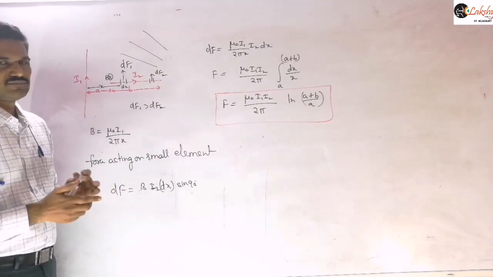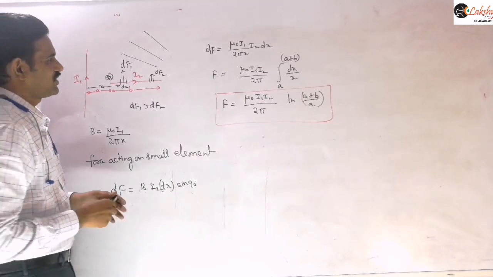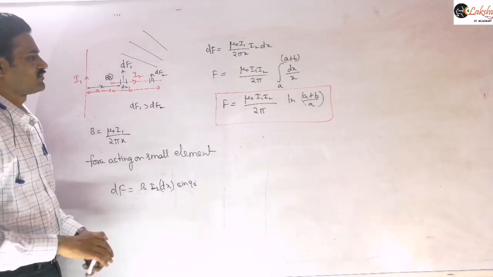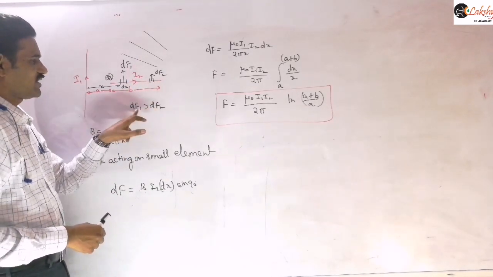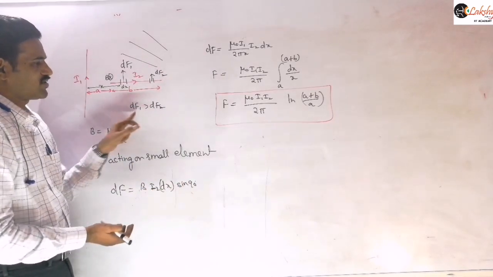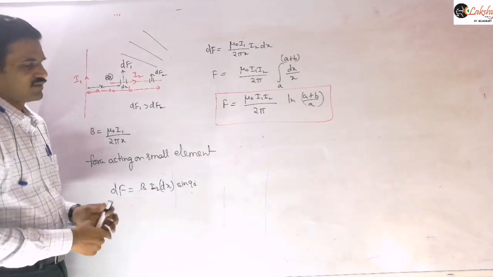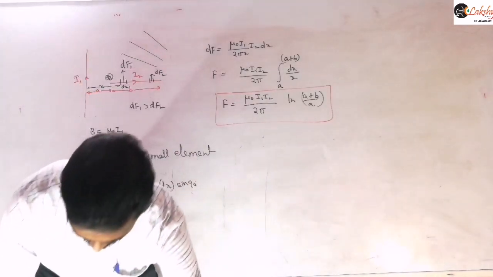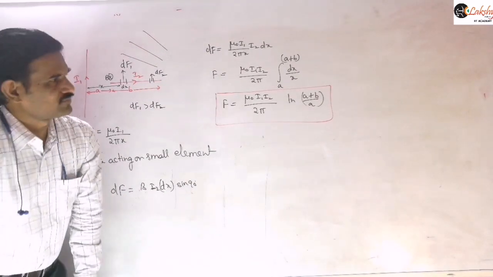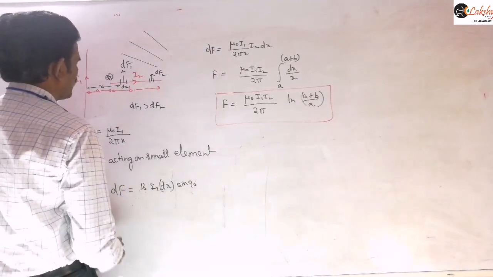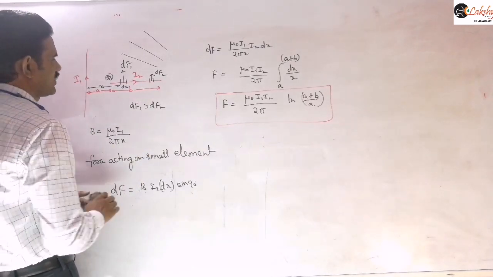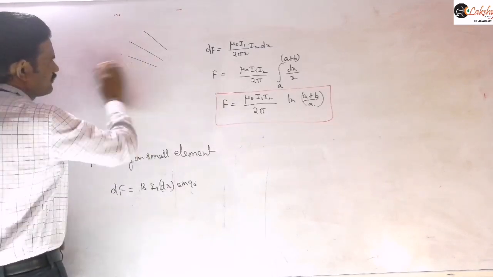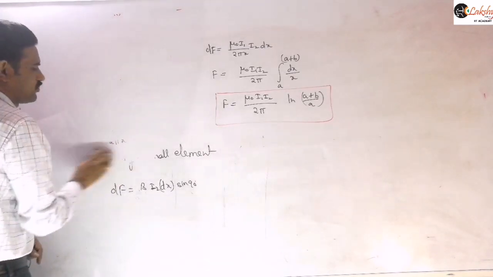Just to mention that the force acting on the different elements will be different. You may mention this dF1 and dF2, and you can draw the separate diagram and then mention this dF1 is greater than dF2. And so if the wire is free to move, then it executes translatory as well as rotatory motion.